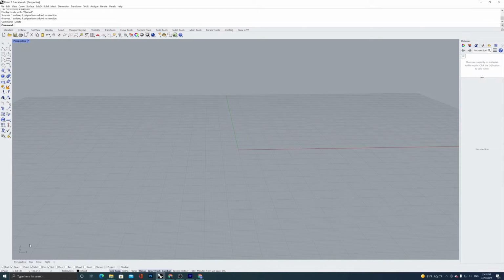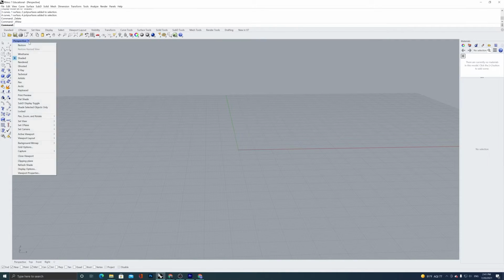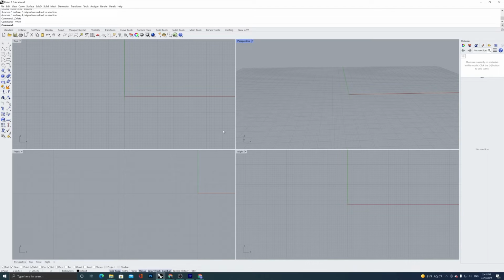And to get out of this, you can switch between your views this way, down here at the bottom. But to go back to your four views, you also have that button there, or you can simply double click the perspective part again and it'll take you back. Or you can drop this down. If you're back in this, you can go to restore and it'll take you back as well. So those are typically